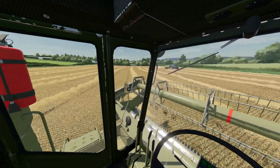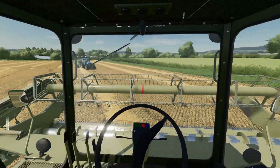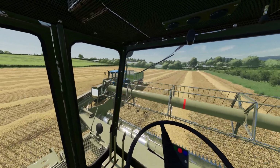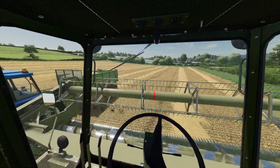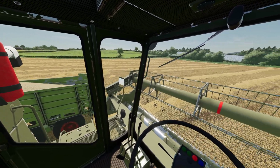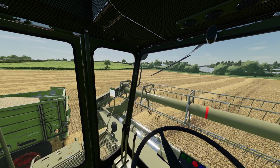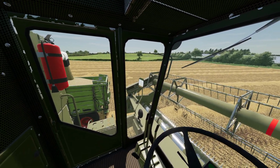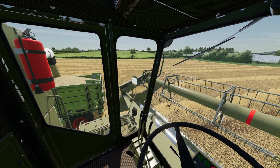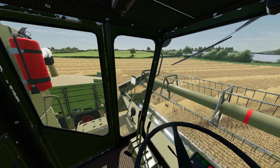Right, so we haven't got another full combine load here. We have still got a little bit of room in the trailer. I have no idea if it's all going to fit in there or not. But it's worth a go. There we go. We shall see. Good mound on the trailer. I don't want it to start spilling out, obviously. But if I can fit it all in the trailer...